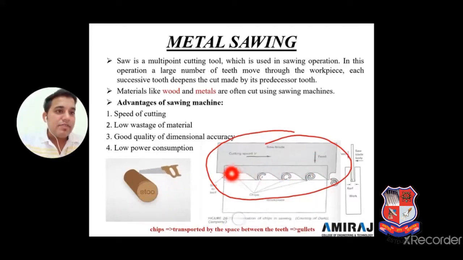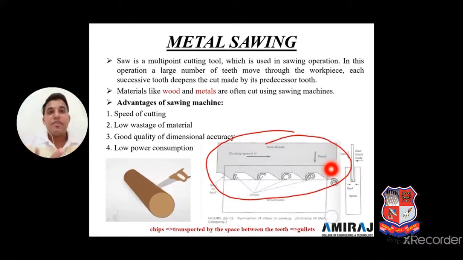The actual diameter is this box, and we are cutting the chip using a cutting speed V. You can observe that this kind of grooving operation is going on. It is a long workpiece and we are cutting in between. This is the saw blade body, and the feed we are providing from the upside. In some cases we provide feed from the side, and in some cases an inclined feed is also there. This is the most important thing.